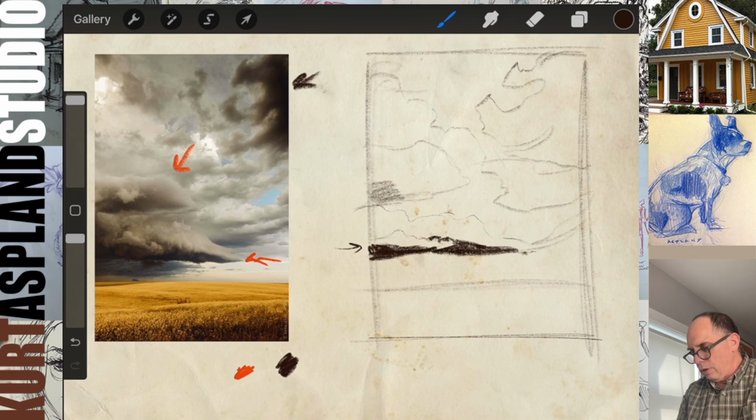Okay, this one, the shadow underneath is not nearly as dark. That's okay. We'll just kind of put it in like this. And this big one is pretty scary, so